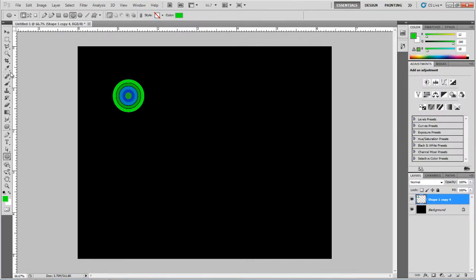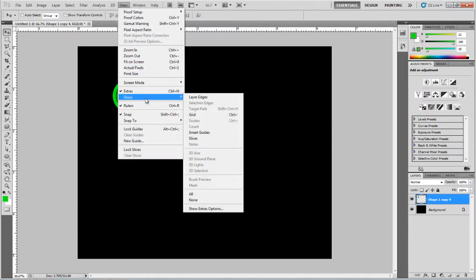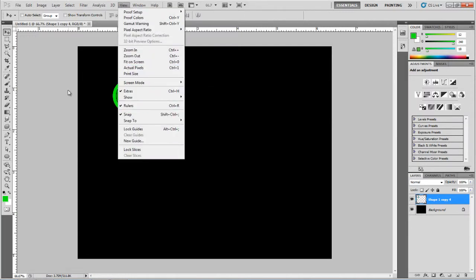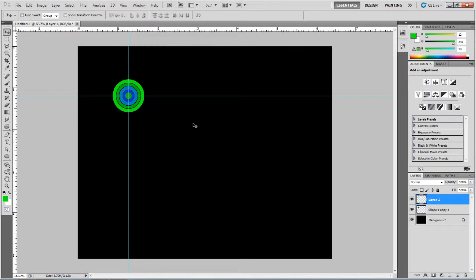The next thing I'm going to do is grab some rulers. So if you don't have your rulers out, go to View, Show Rulers, and that will bring out your rulers. I'm going to drag a ruler on it and let it snap to the center of my circles. And now that one will snap to the center of my circles. I need to create a new layer